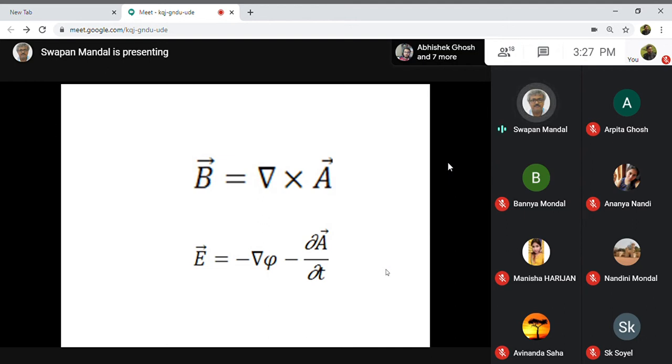Okay, you have some extra term. So you have to adjust that vector and scalar potential in such a way that the extra term is killed. Could you follow me? Since I have changed the vector potential A, you have to make a suitable arrangement of the scalar potential in such a way that the change of vector potential will be killed, such that the electric field remains unchanged. That is done just by changing phi equal to phi minus delta lambda delta t.